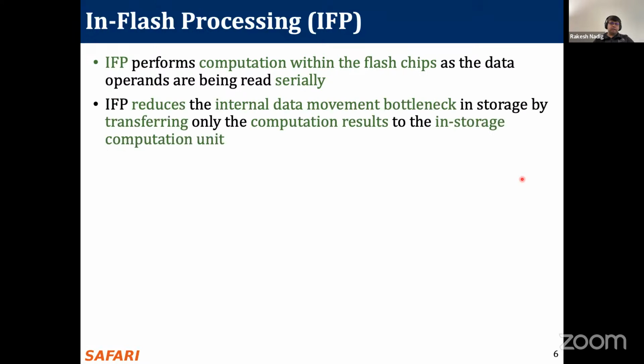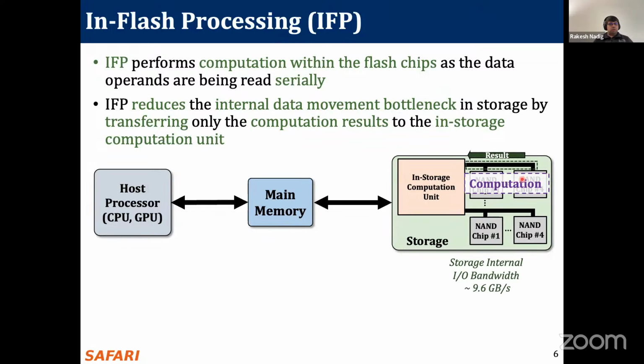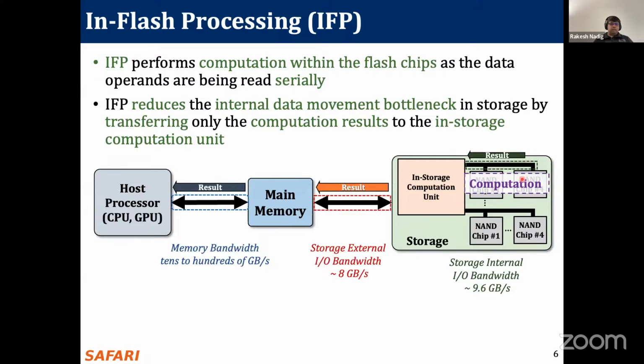IFP significantly reduces the data movement outside the flash chips, but there is also this challenge of serial reading of operands, which I will show in a while. Again, we show the same representation of host CPU or GPU, main memory, and the storage device. Here we see that the computation is performed in the flash chips, and only the result is transferred through the flash channels to the in-storage compute unit